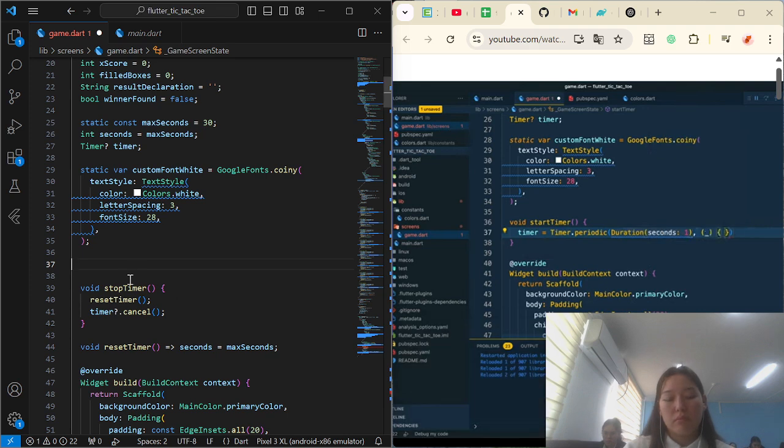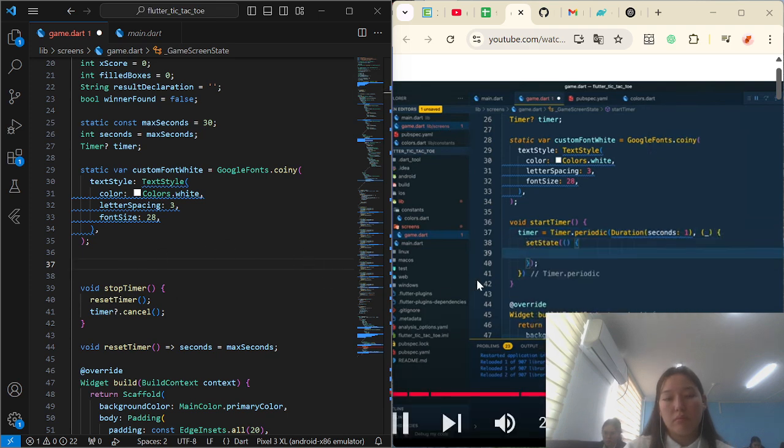And here for this function within the set state,